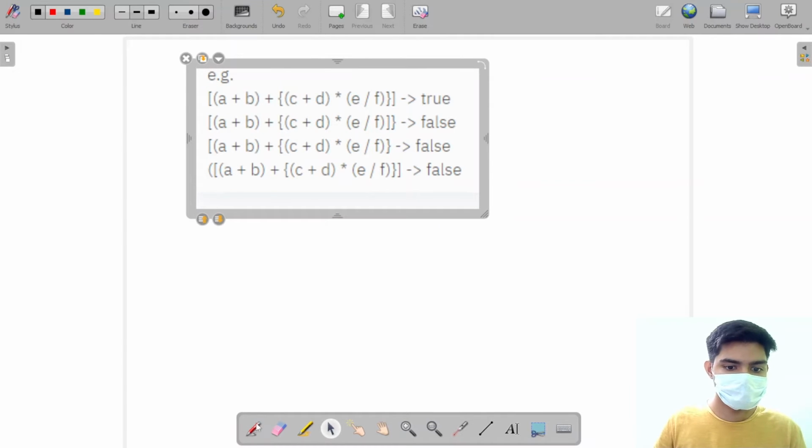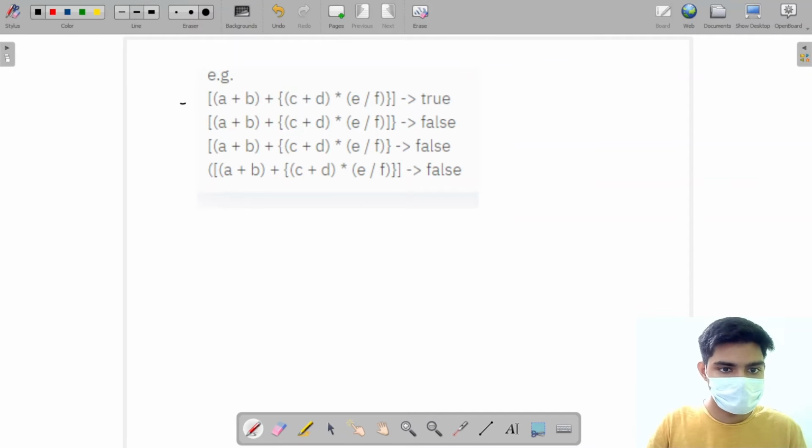I have these sample inputs. For the first expression, I have an opening square bracket, then I have a parentheses, then let's ignore this part, right? We're not going to check for the expressions.